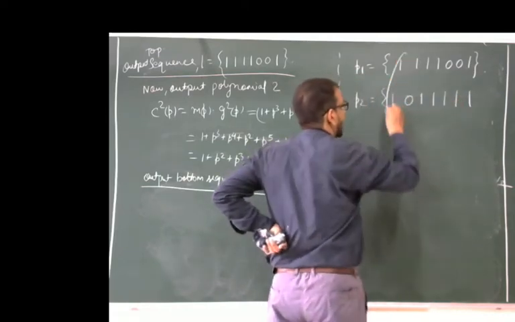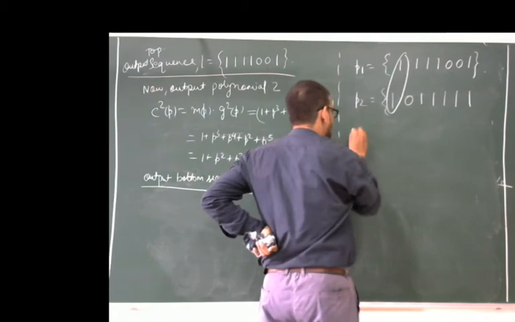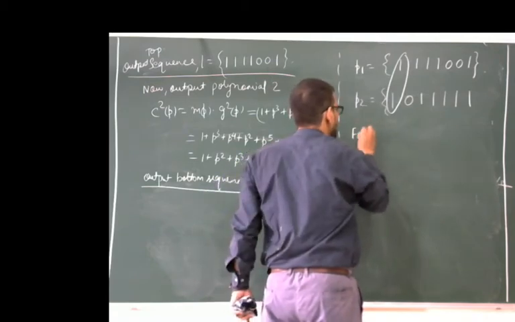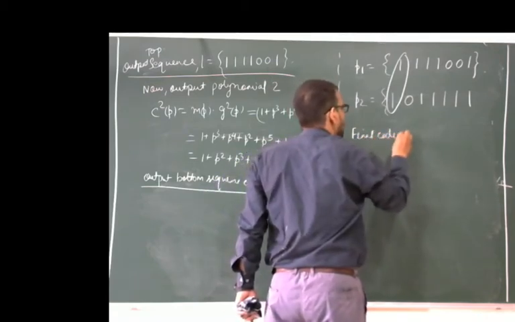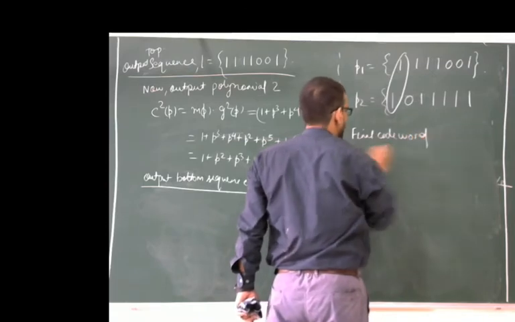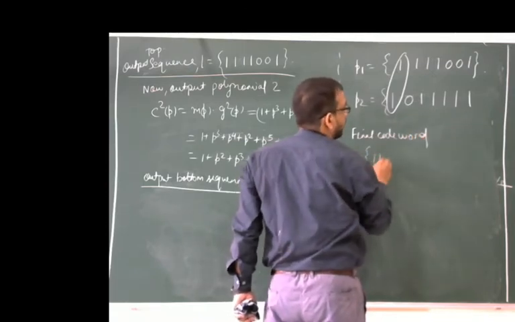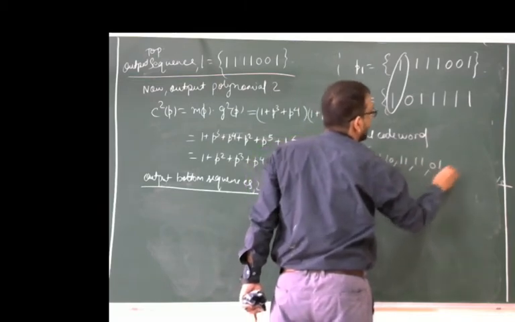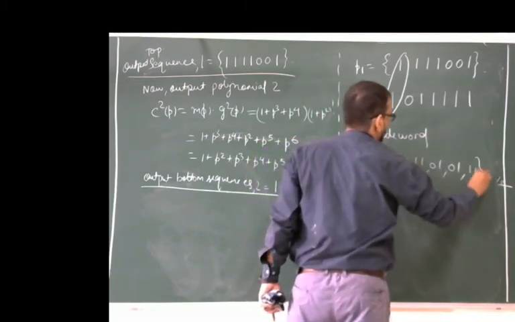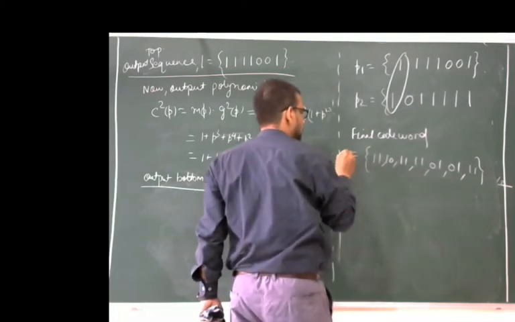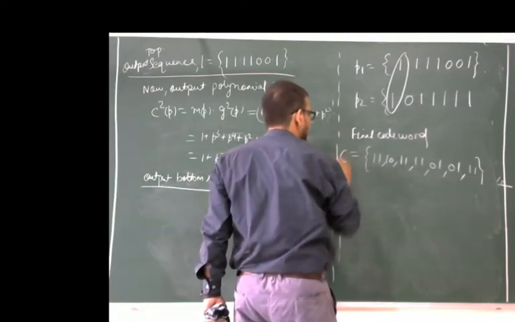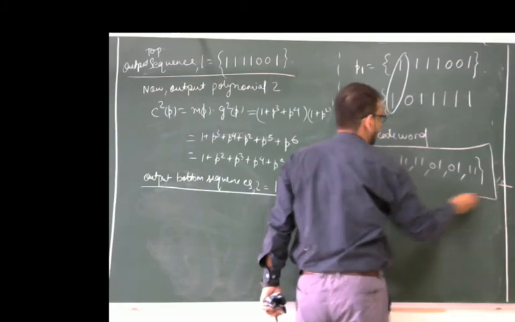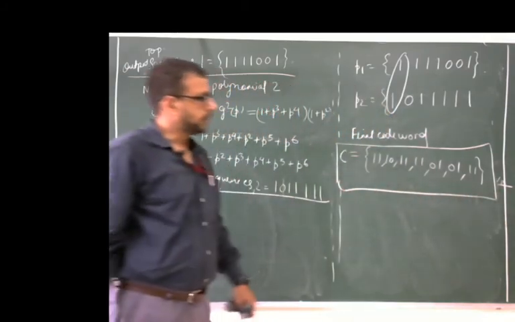Now multiplex like this. Now the final code word is equal to 11, 10, 11, 11, 01, 01, 11. Now this is the code C, the final code word corresponding to the message sequence 10011,